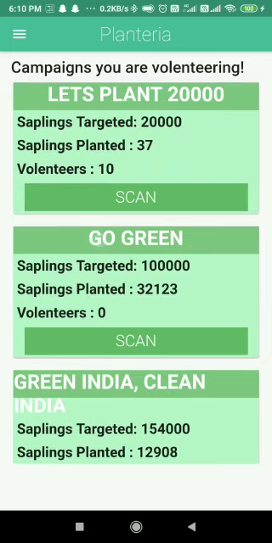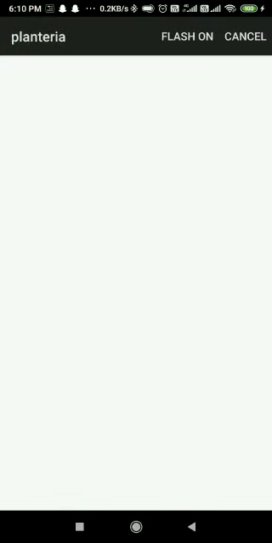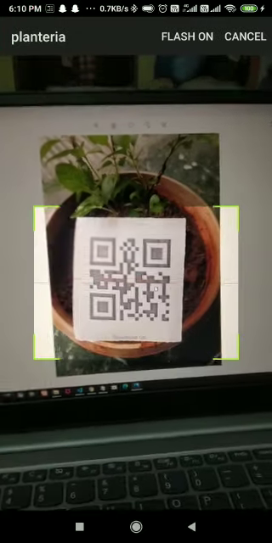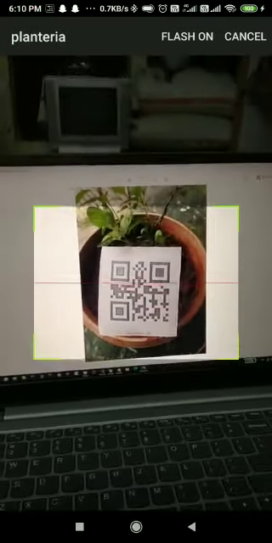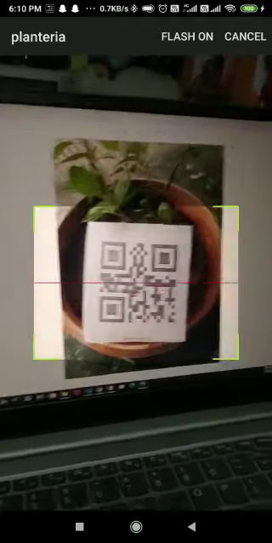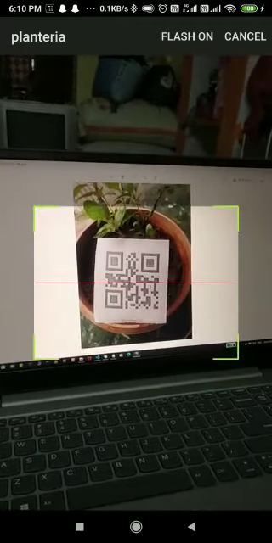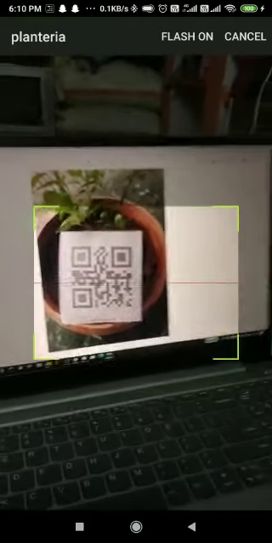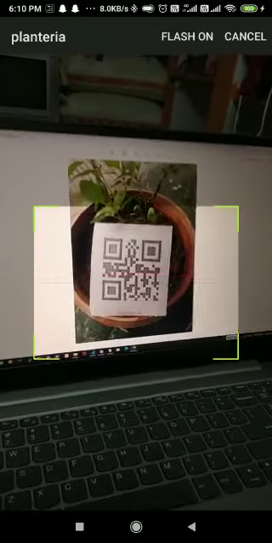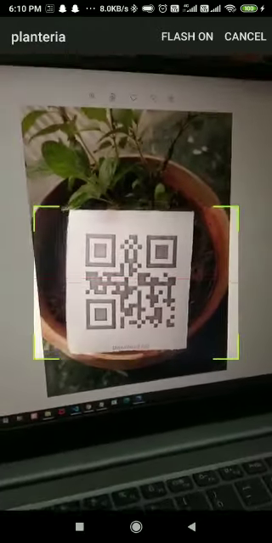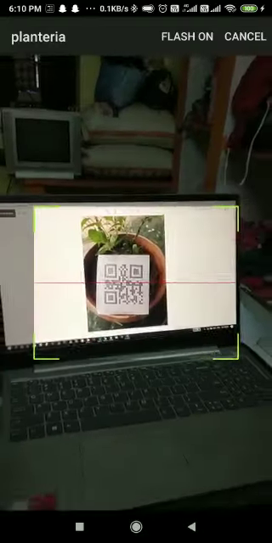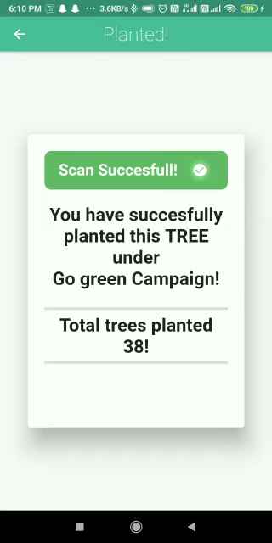And once the volunteer reaches the location with the saplings where they are supposed to be planted, he can press the scan button and scan the QR code, which goes like this.